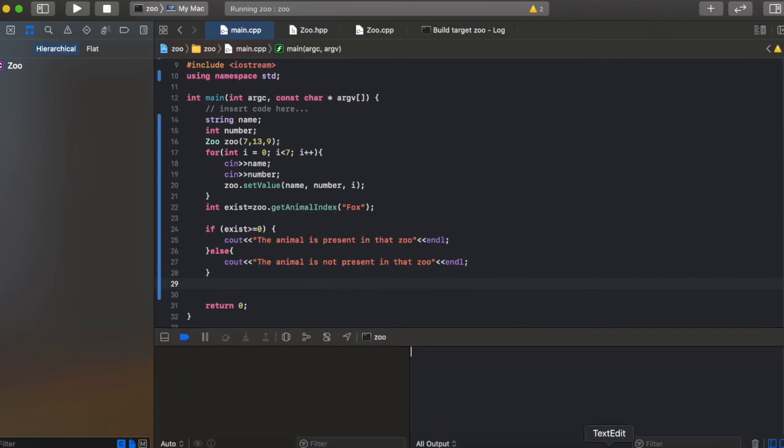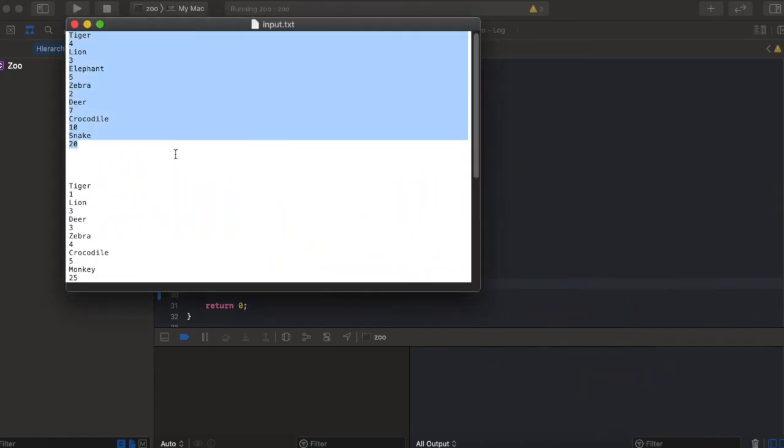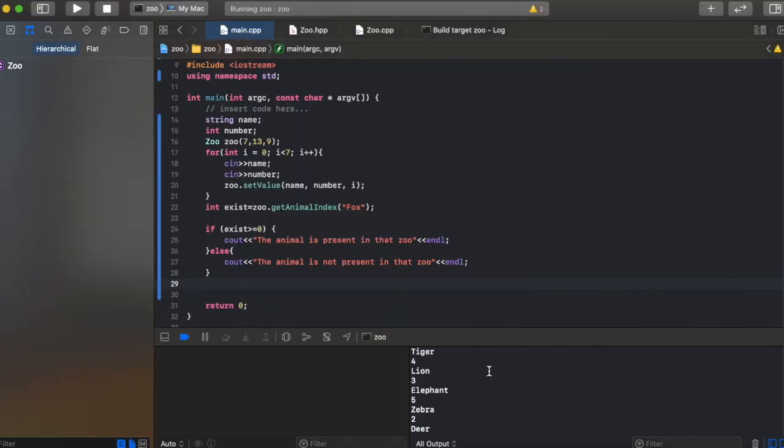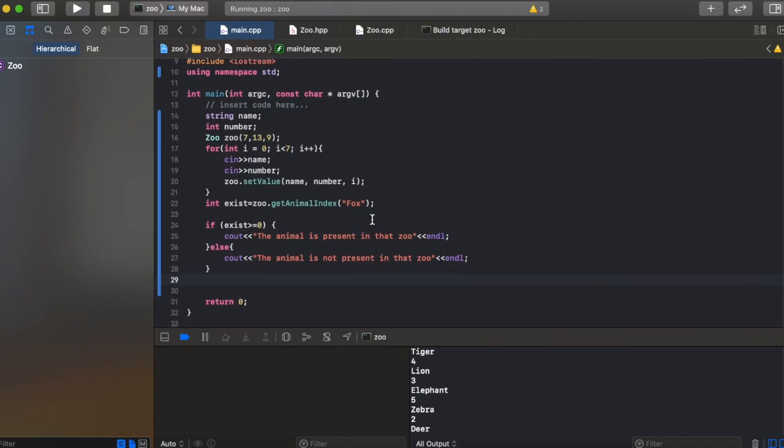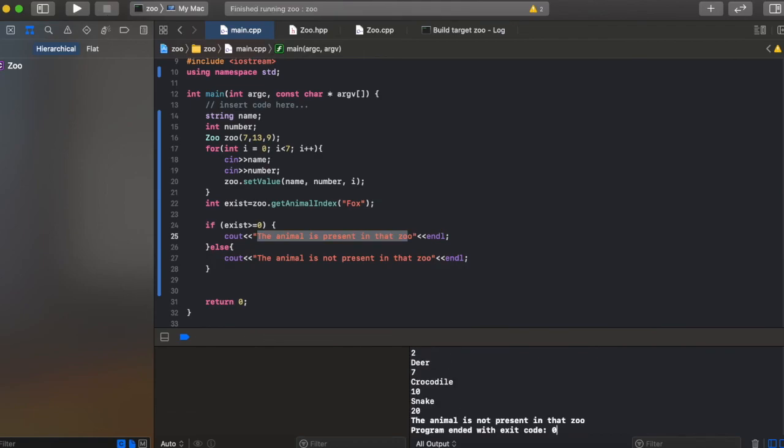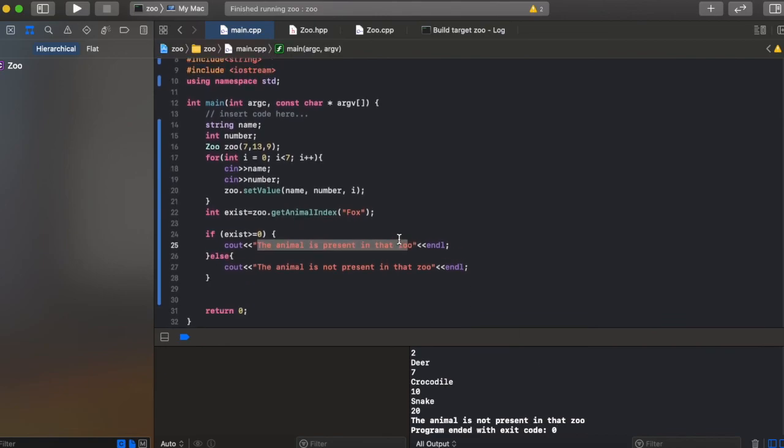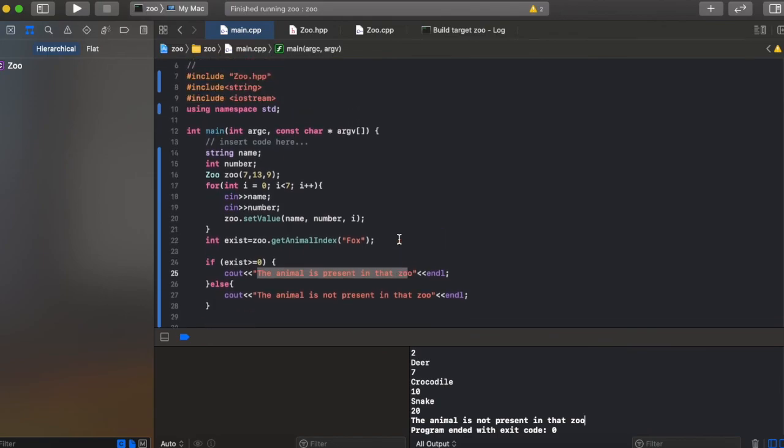now if I go to the input, here you can see I have given fox, so it will search for fox. If it is there, it will print this line, otherwise it will print this line. So here if I now enter, the animal is not present in this zoo. So now you can see the change. That's how you can work with this kind of